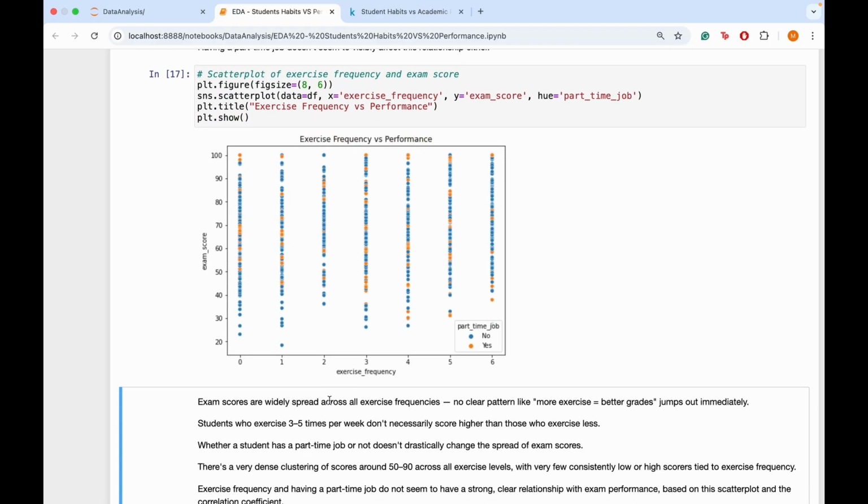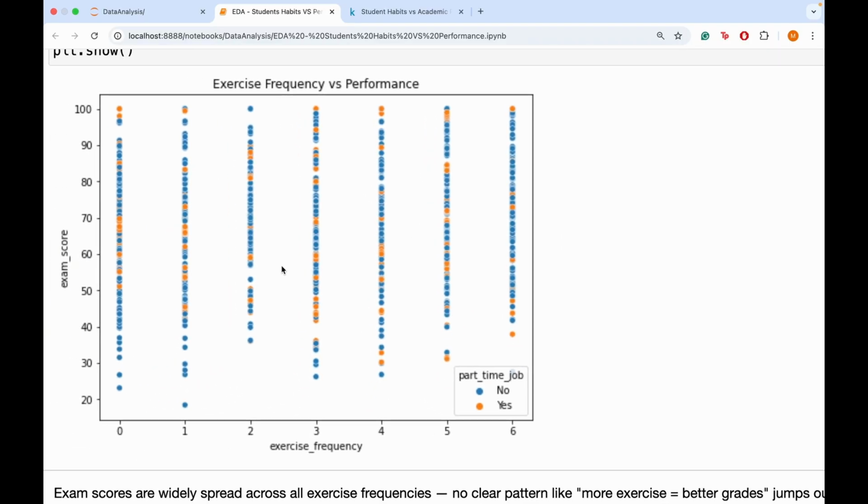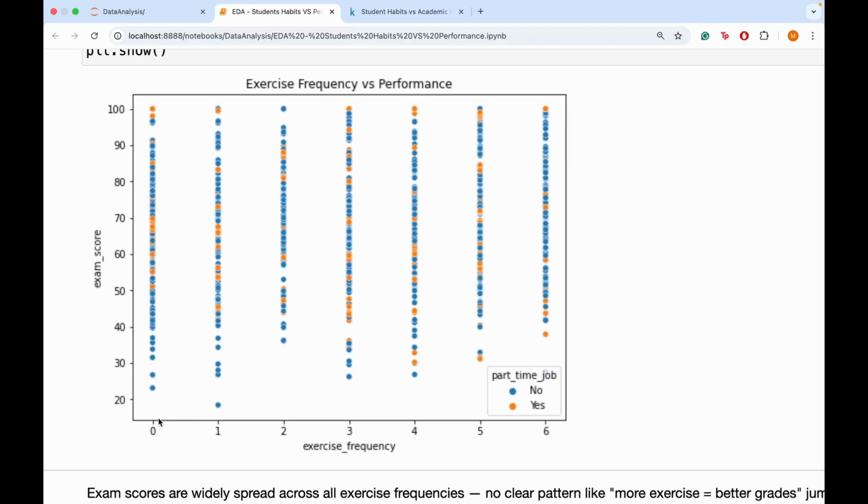You'll notice that this scatter plot looks slightly different. There isn't going to be anything in the middle of these two because, again, you can't exercise half a time a week. So a student either exercises 0 times a week, 1 time a week, twice a week, thrice a week, and so on. You'll notice that, again, there is a very even distribution of students with and without part-time jobs